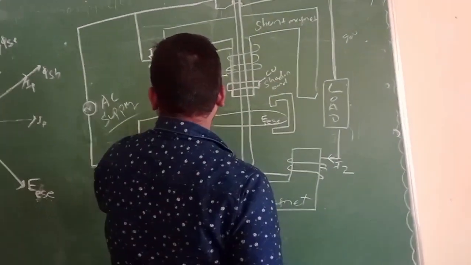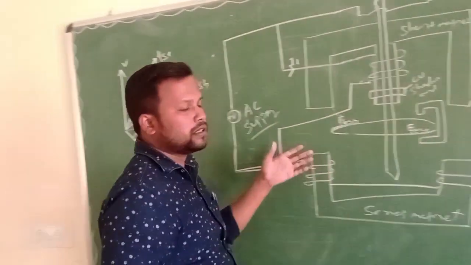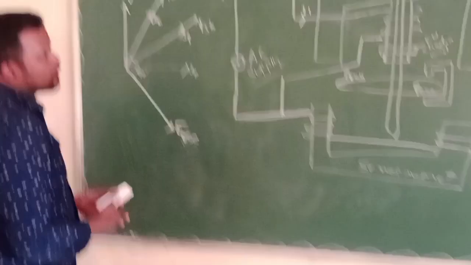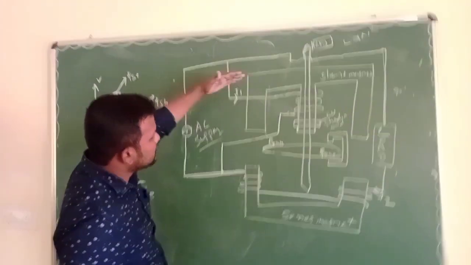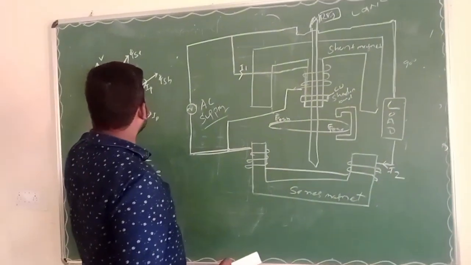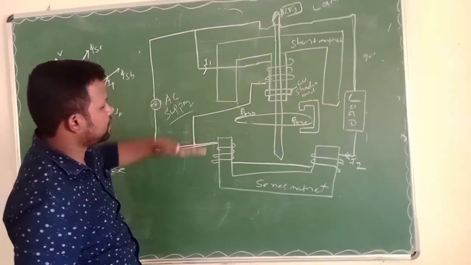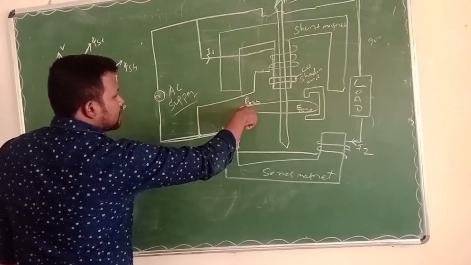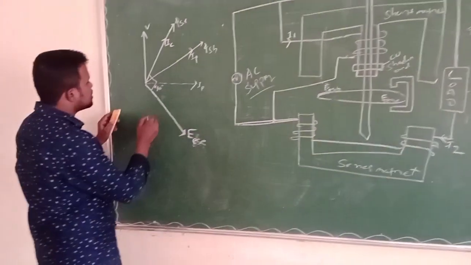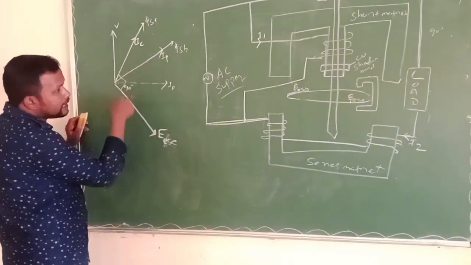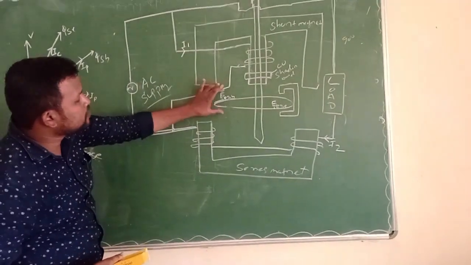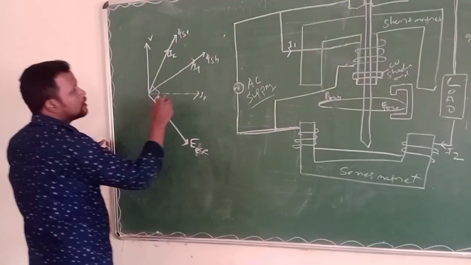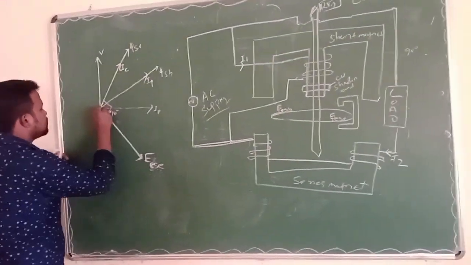Here also some shunt field eddy voltage should be developed in the disc. So if we give the current, it should give out its flux. So current and flux should be in the same phase, and after that it creates an eddy voltage, and this voltage should be at 90 degrees to the pressure coil current, that is IP or I1.